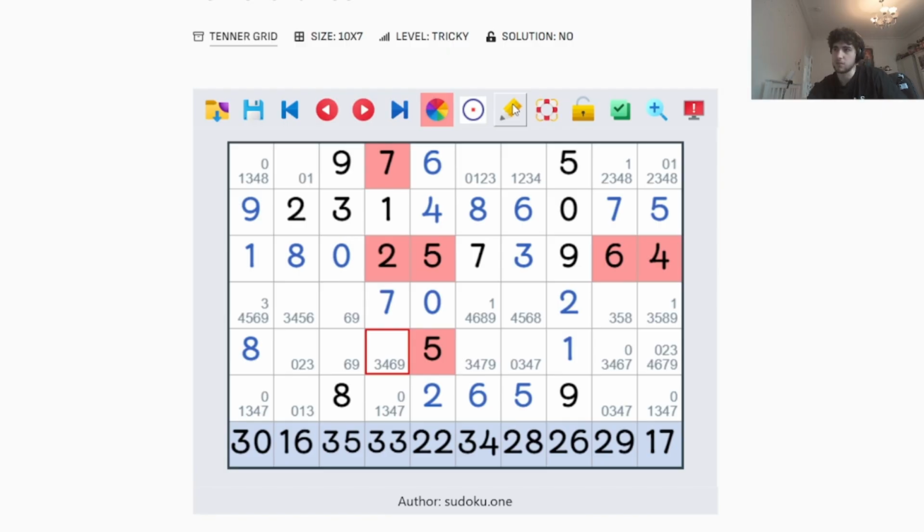Oh, no, sorry, I mean, these two cells have to sum to 15, not 6. Because we had these 3 cells summing to 23, minus 7 would be... No, 16, sorry, they have to sum to 16. That's what I'm trying to say. So 3, 7 obviously doesn't work, 4, 7 is too small, 6, 7 is also too small. I mean, the only possibility that actually works here is 9, 7. So this cell has to be a 9, but then you get these two cells both have to be a